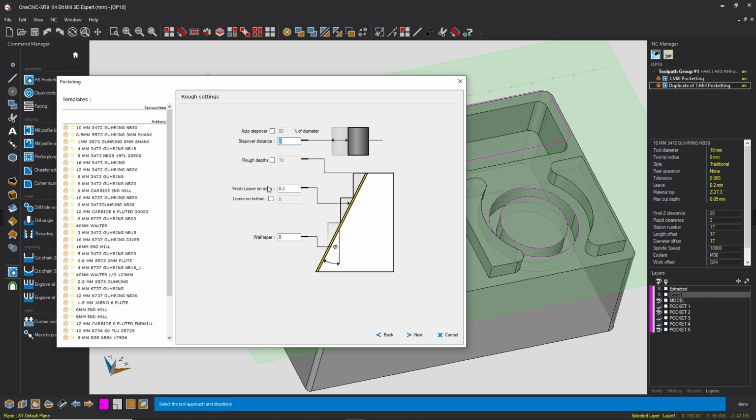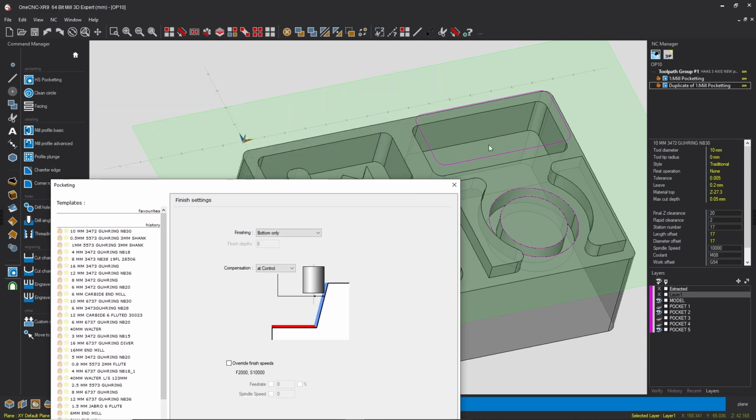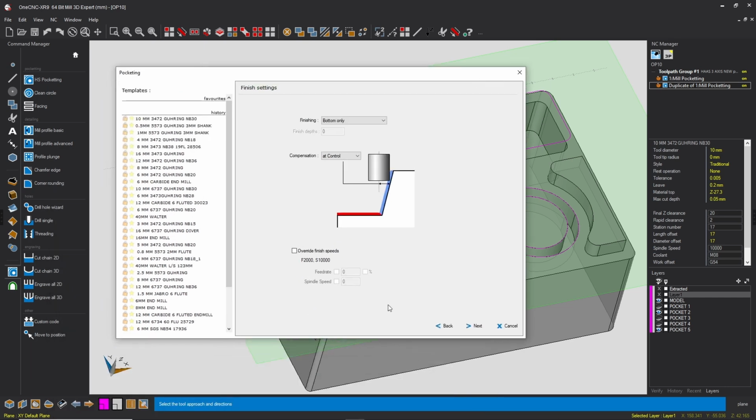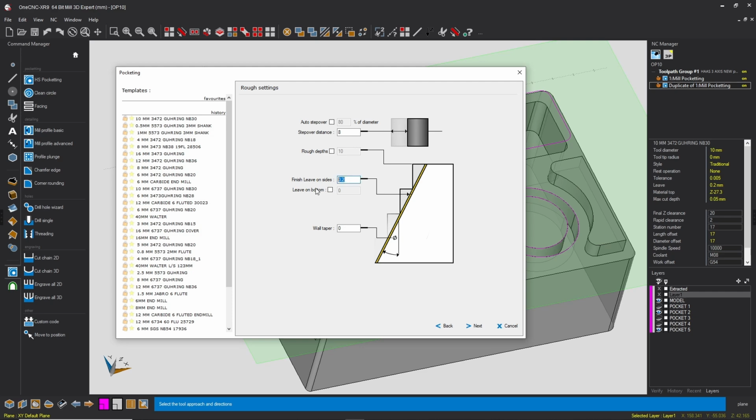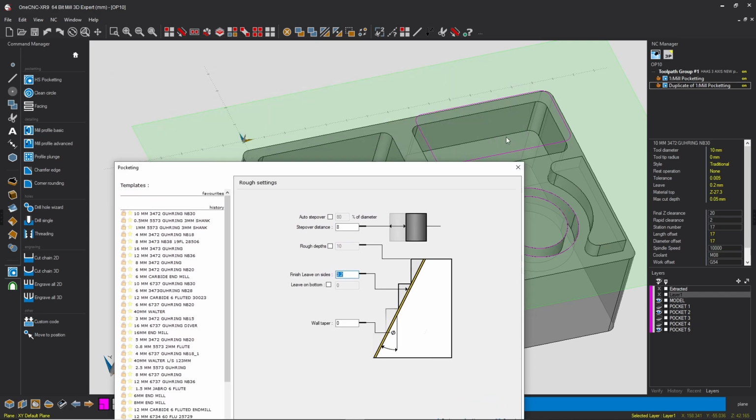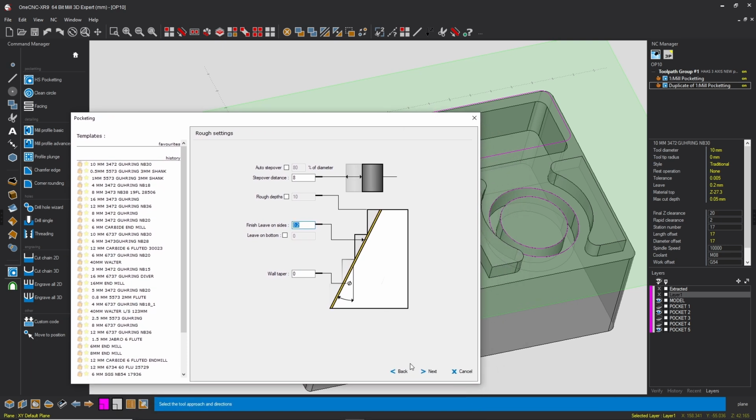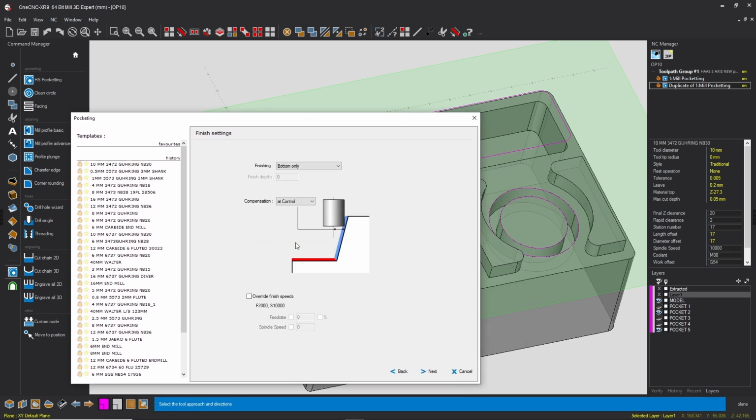So I've got the step over now at 8. And now look, this is the bit where you might think, oh, he's left 0.2 on there. No, I'm doing that for a reason, because it will finish the bottom first, then the side walls. If I set that step over to 0, when it's finishing the bottom wall, it will go bang, bang into these side walls here and leave that dwell mark. So when I comp on and go round, because there was no finish allowance, it might not clean up them lines. So you always want to leave a finish allowance on there,